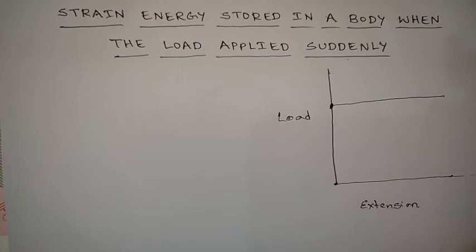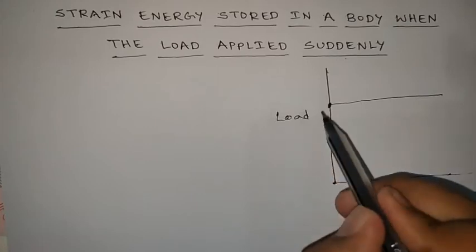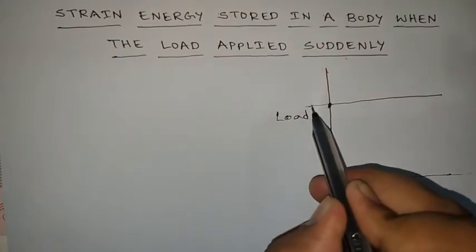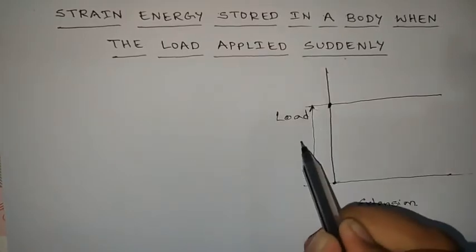Now I want to find the strain energy stored in the body when the load is applied suddenly. Let us say the amount of load applied is equal to P, and